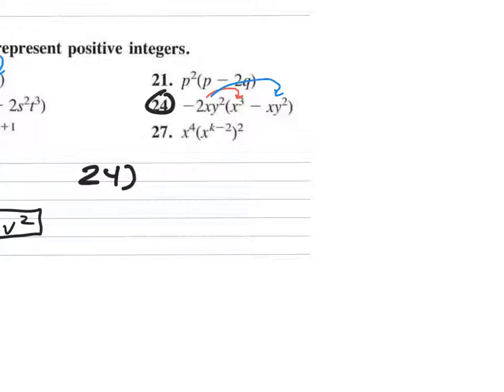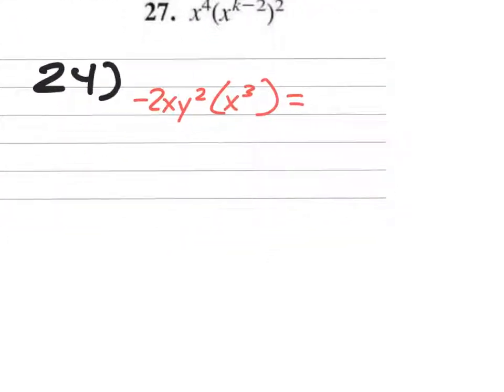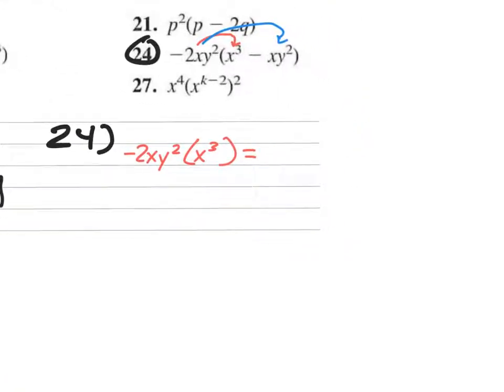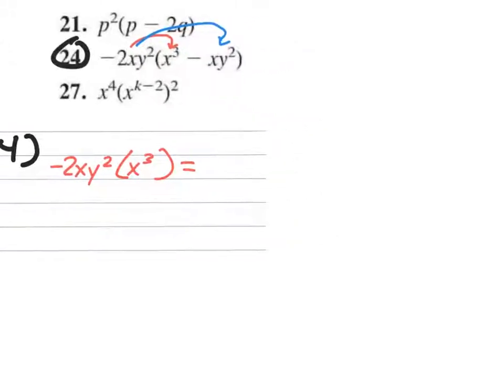We've got negative 2xy squared times x to the third power. Let me just switch that to red because I keep doing this. Negative 2xy squared times x to the third power. Talk to me. Let's do just that part. You got a little further than I was thinking. I got a little further? What were you thinking? No, I was just looking at the question. Oh, okay. Yeah. So,